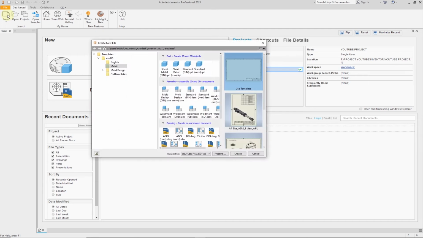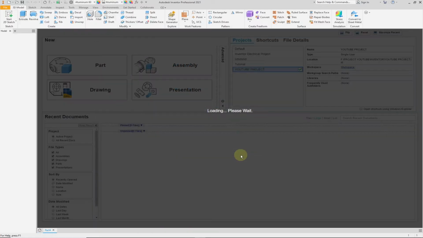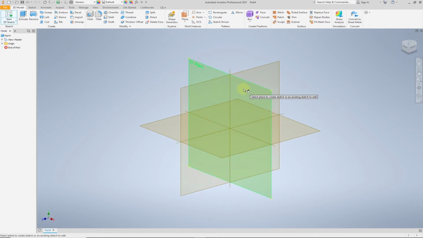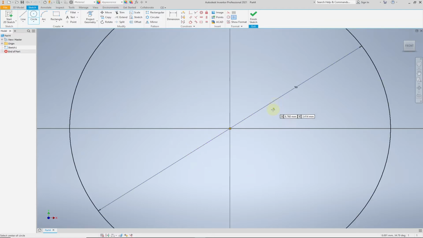Select new and choose metric templates, choose standard mm, metric, choose standard to start this cache. Okay, select XY plane, then select circle center point, then make a circle at the origin, 50 mm diameter, and